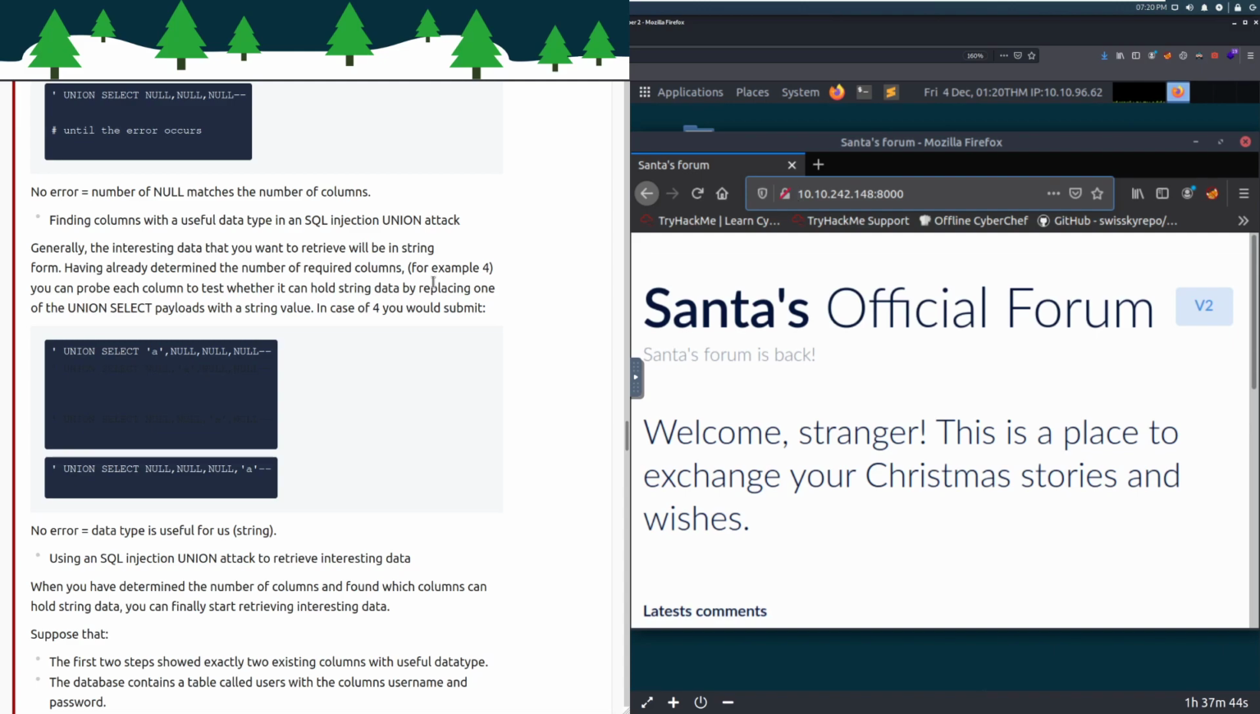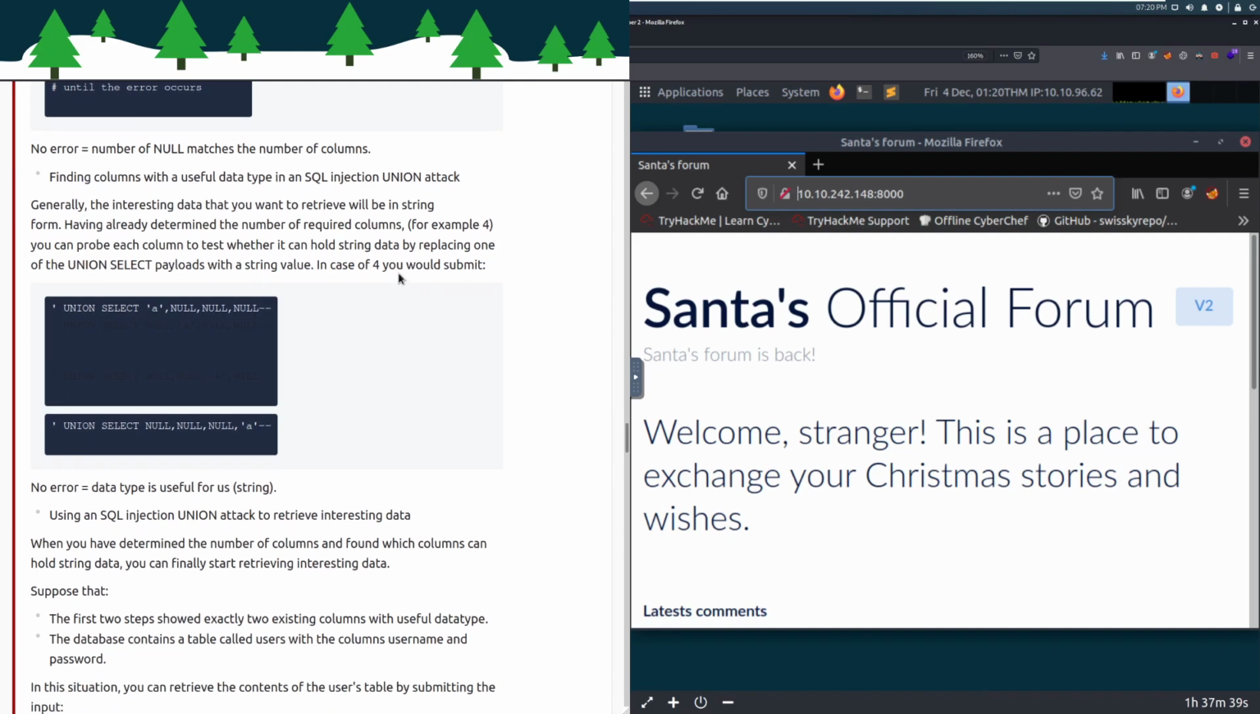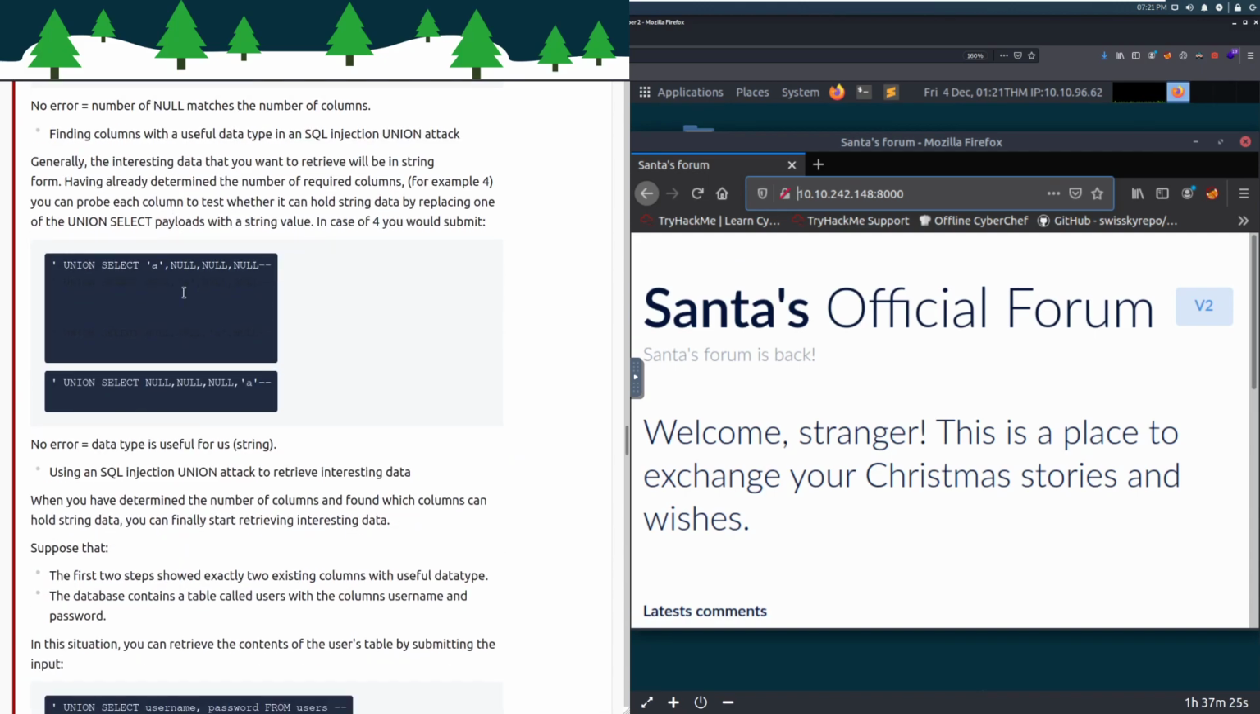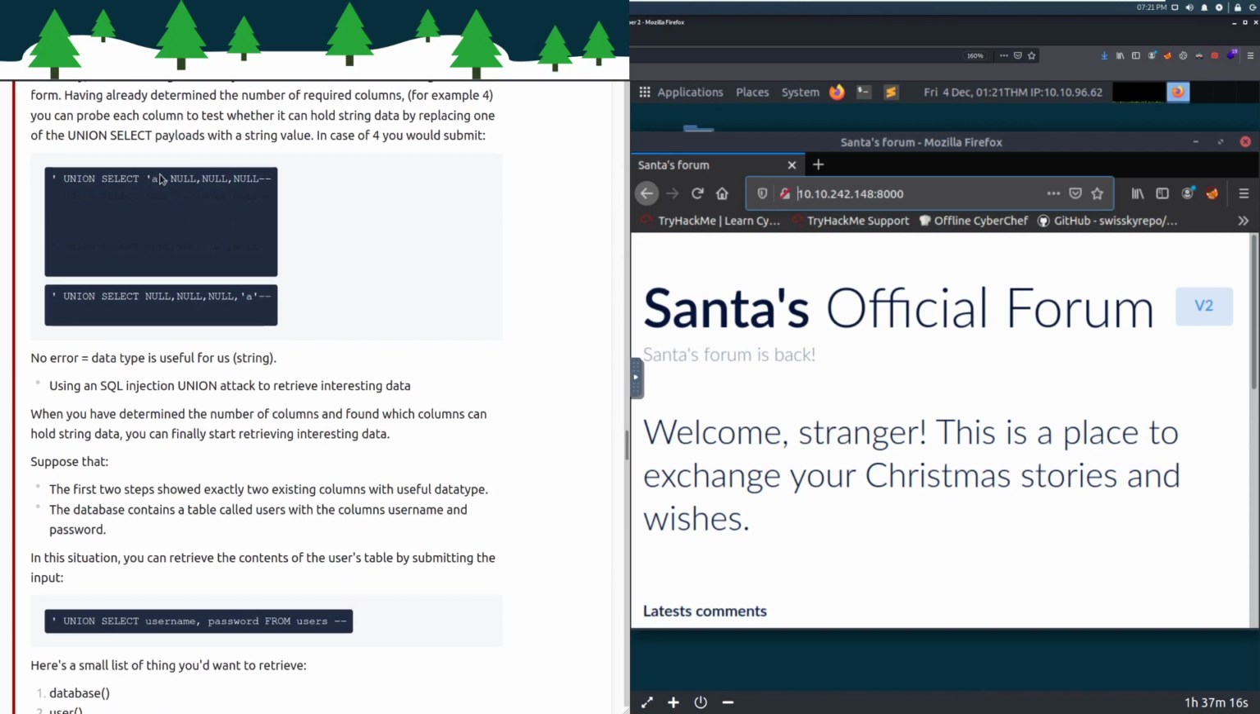Generally, the interesting data that you want to retrieve will be in a string form. Having already determined the number of required columns, for example 4, you can probe each column to test whether it can hold string data by replacing one of the union select payloads with a string value. So what we're doing here is taking one of these nulls and popping an A, or some sort of string, in there, and seeing if it can actually match up with that column. In the case of 4 columns, you can see we've added an A there and we're just rotating it through, and in this case we've got it in the 4th position,